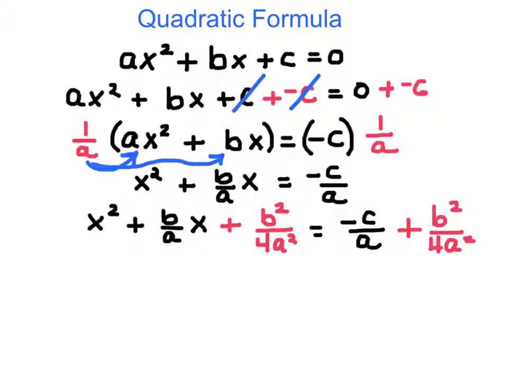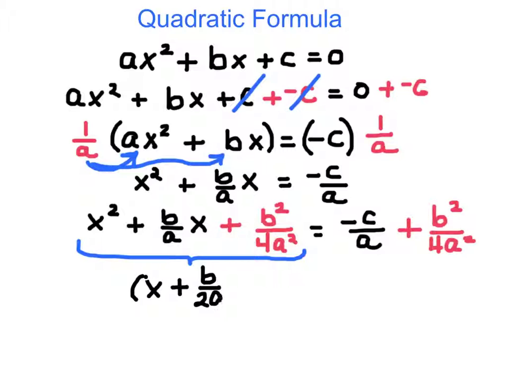This move that I just did is called completing the square. By adding this term on the left-hand side, b squared over 4a squared, I turn this quadratic trinomial into a perfect binomial squared. And it's actually equal to x plus b over 2a, all squared. If I FOIL this out, multiply this binomial by itself, I will get what you see up here. And this is equal